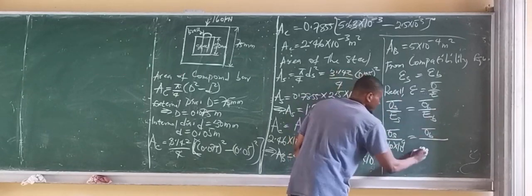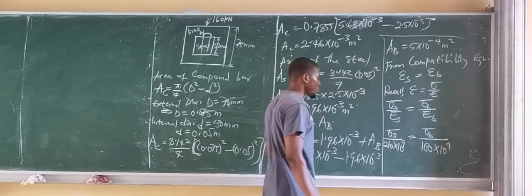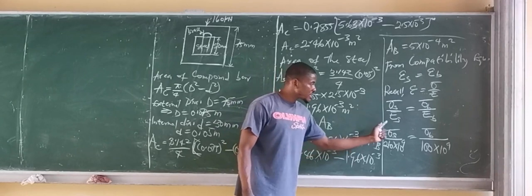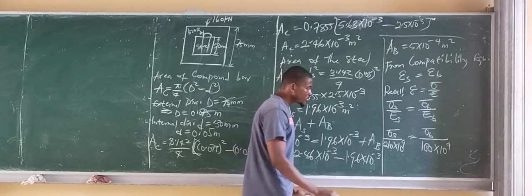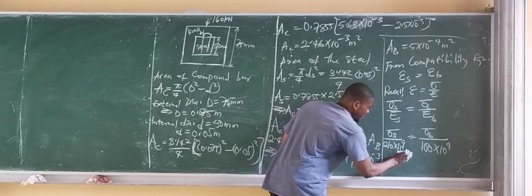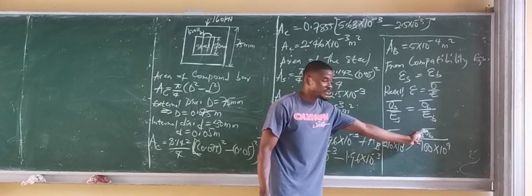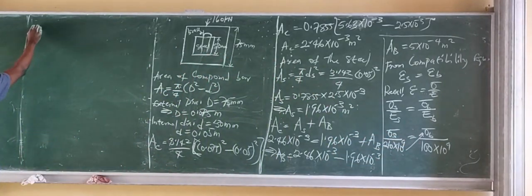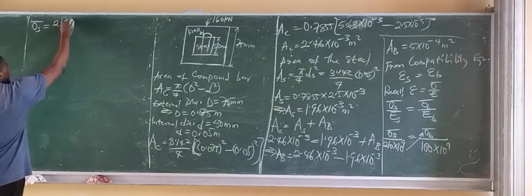The Young's modulus of brass was given as 100 by 10 to the power of 9. So you have this. At this point, we want to make the stress of the steel bar the subject of the formula. So we simply cross multiply and send the Young's modulus over to this side of the equation. So let this Young's modulus multiply this side. So we are simply going to have that the stress of steel is now equal to 210 by 10